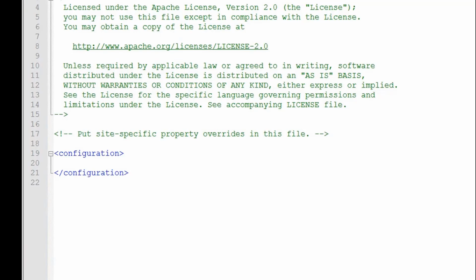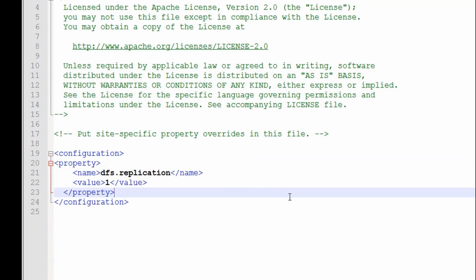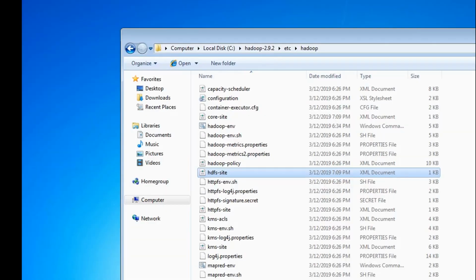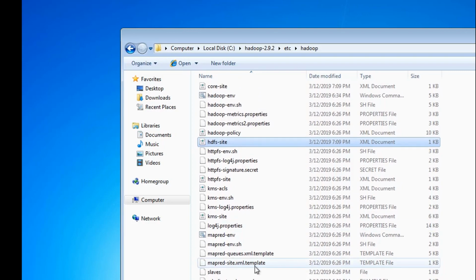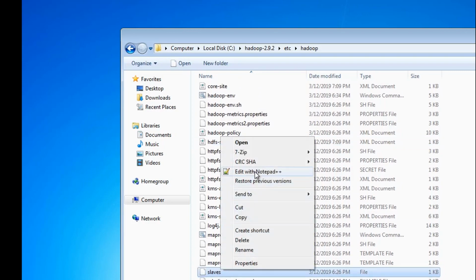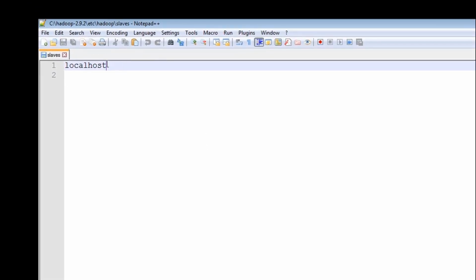In this, you just need to put the dfs.replication factor, and we can just leave it at 1. And finally, let's edit the slaves file and add just one line, localhost. It's already there. You don't need to make any change here.